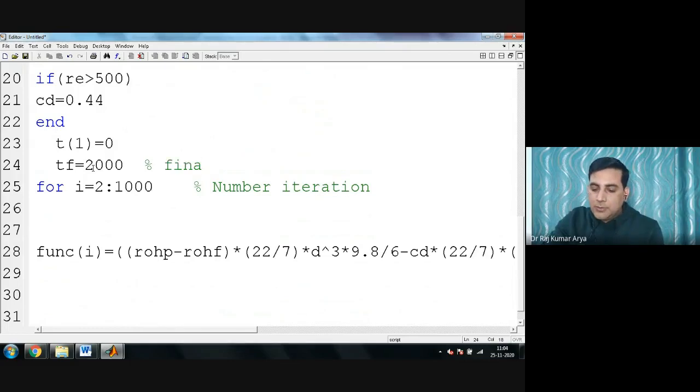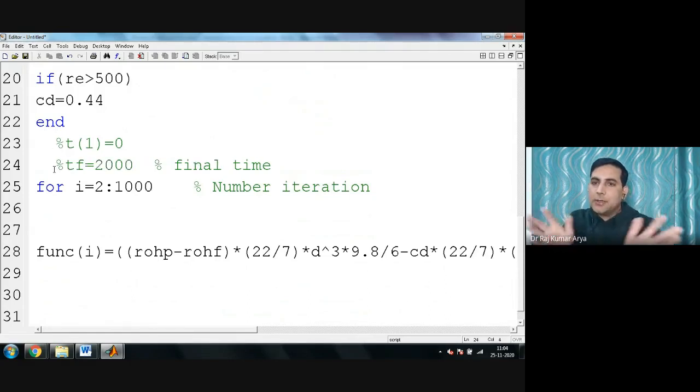So I should not worry about that as long as my function doesn't need time. If it doesn't need time, why should I bother? Correct or not? So I am not considering time at all here, and I have not written anything about time. But I just want to show that if your function also needs time, you need to define it here. Otherwise, you don't need it.